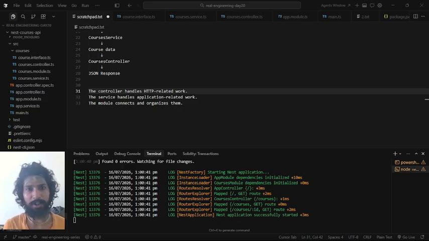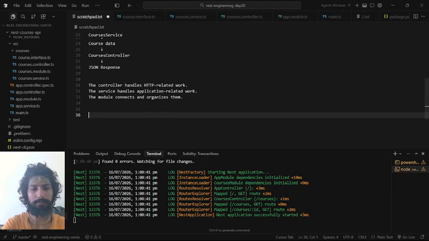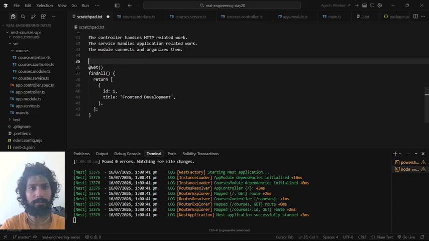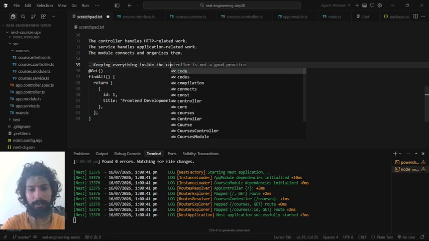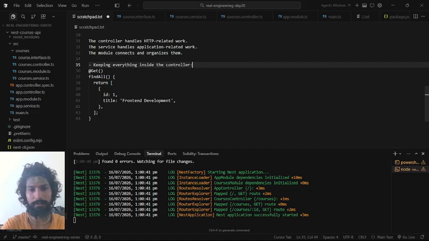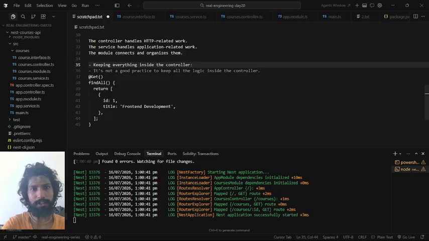So a question can be why not place everything inside the controller? Technically, we could write everything inside the controller. For example, we could write like this. So this is keeping everything inside the controller. So it is actually not a good practice because